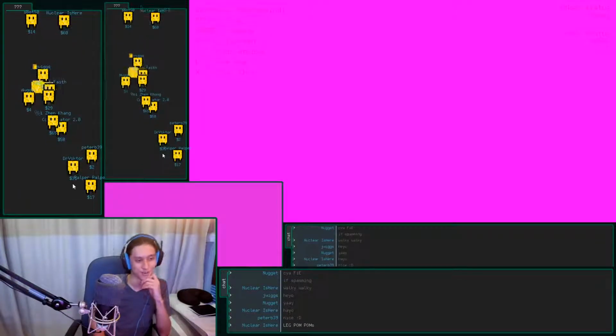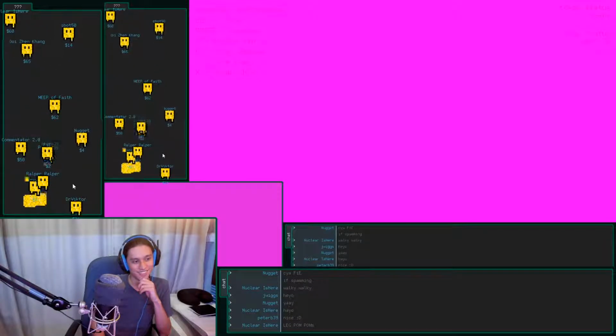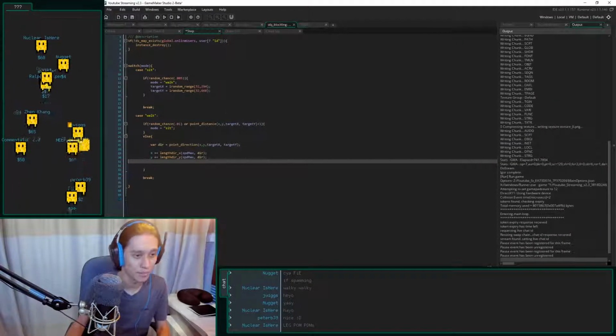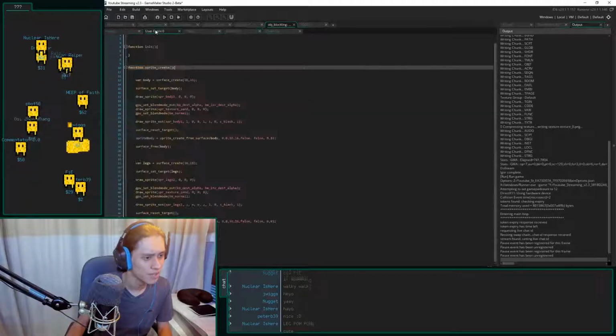Okay, watching them run around is super cute. Oh, they're so cute. This is awesome. Yeah, okay, so new things that spawn with leg pom-poms. That's what I'm calling them now. They're leg pom-poms, which is probably because...